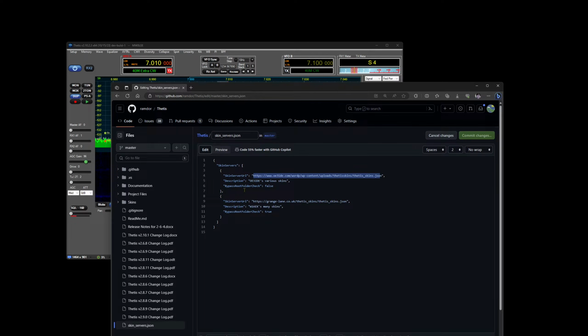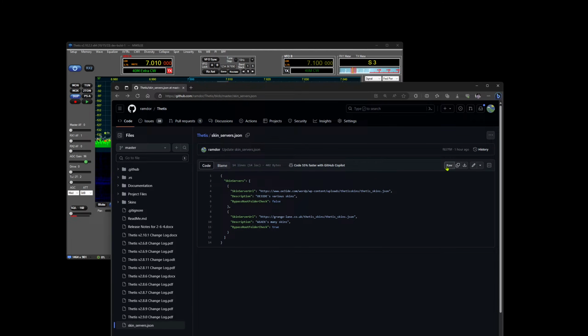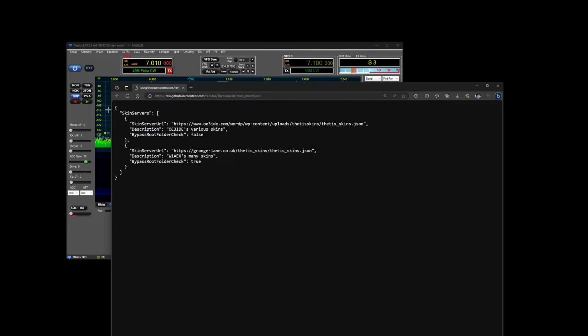So that's one of Ernst's, and then this is one that I'm hosting, which is Rob's skins. So we set that up on GitHub. So this is like the master server list on GitHub, and then the code uses raw to get that, so it uses that URL,